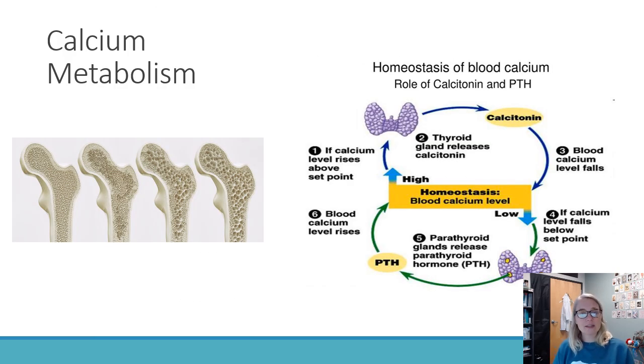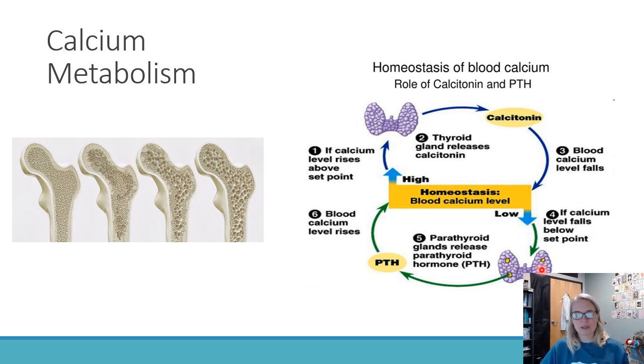The other thing that the thyroid and parathyroid glands kind of work together to do is to regulate your blood calcium levels. So let's say we have homeostasis. Our blood calcium levels are right where they're supposed to be. But then for some reason, we're not eating our green leafy vegetables, or we're not consuming our high calcium dairy products. So our blood levels of calcium are going to get too low.